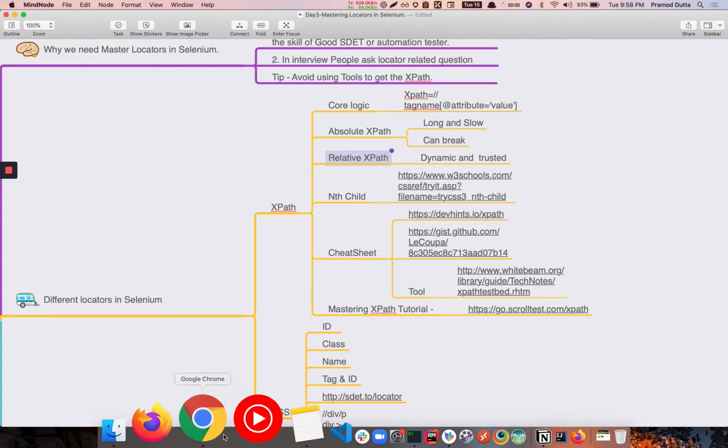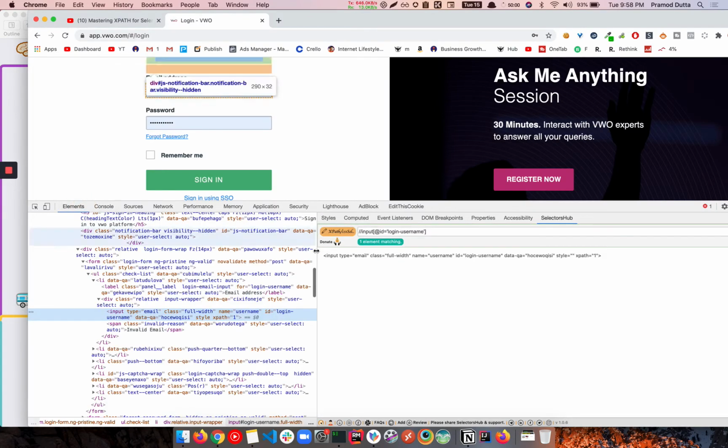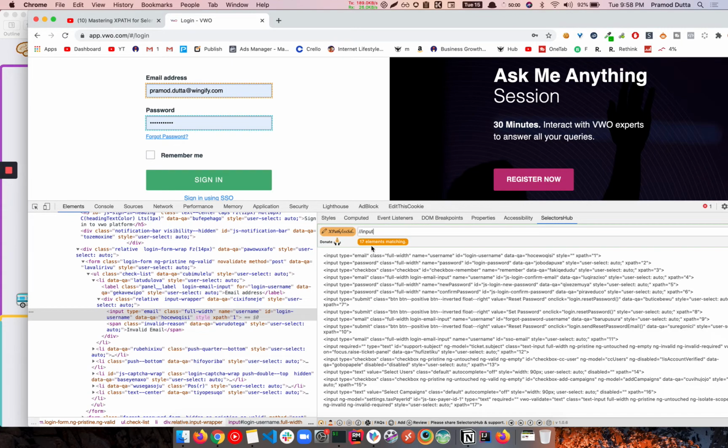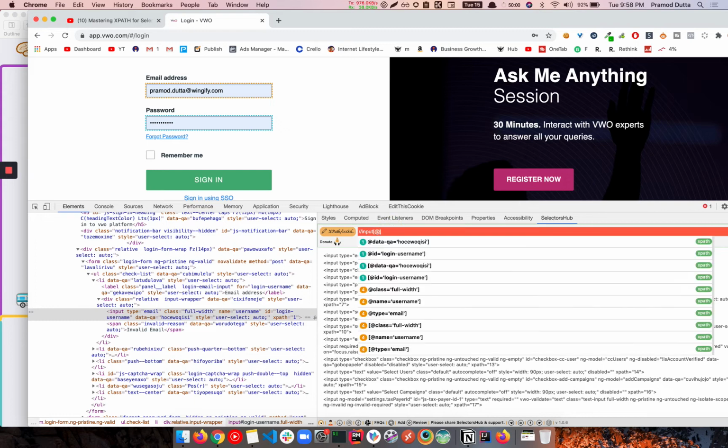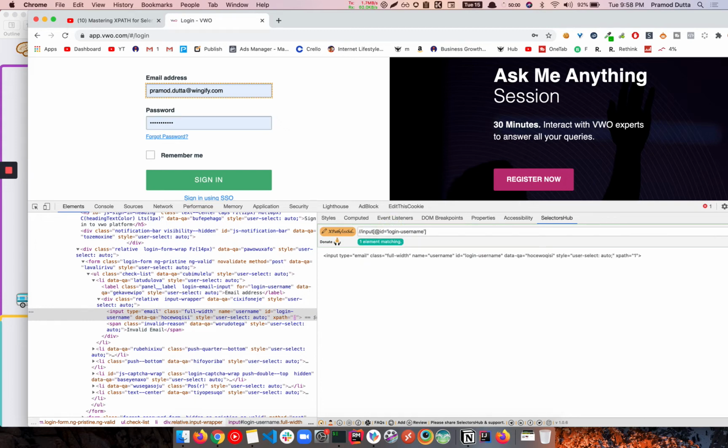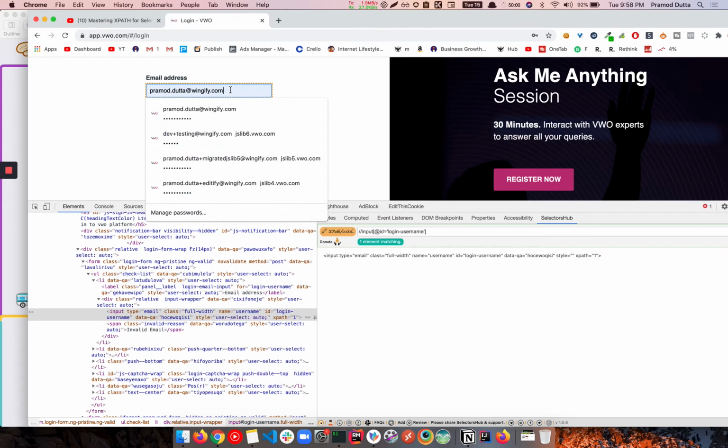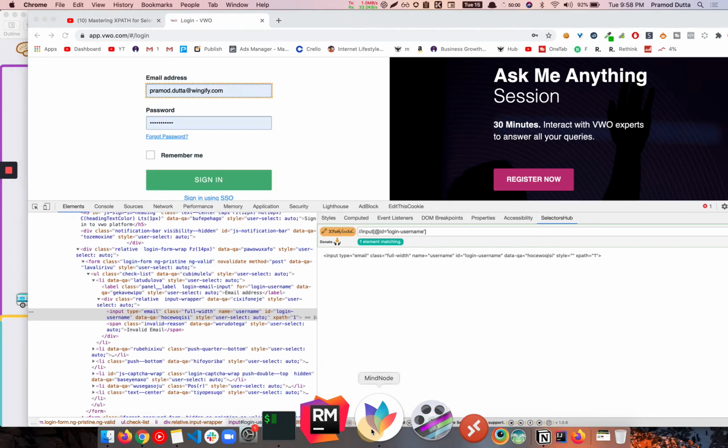Relative XPath is what we have already used. We are saying that double slash basically means anywhere we find an input box. There are lots of input boxes; there are 17 elements on this page. After that we uniquely identify that if we find any element with the attribute ID with username, that's the element we want. So we are able to get that element in that case. That's what we are doing here.